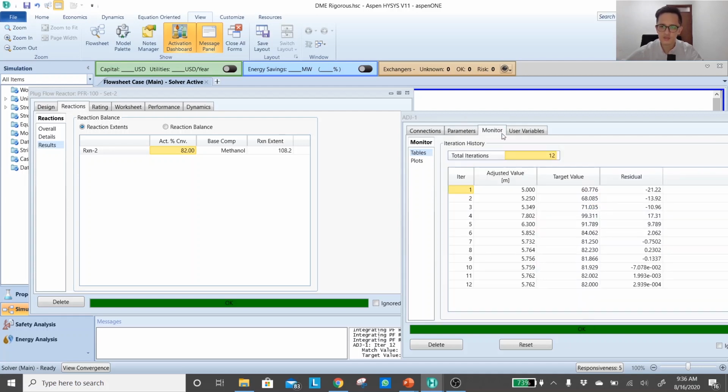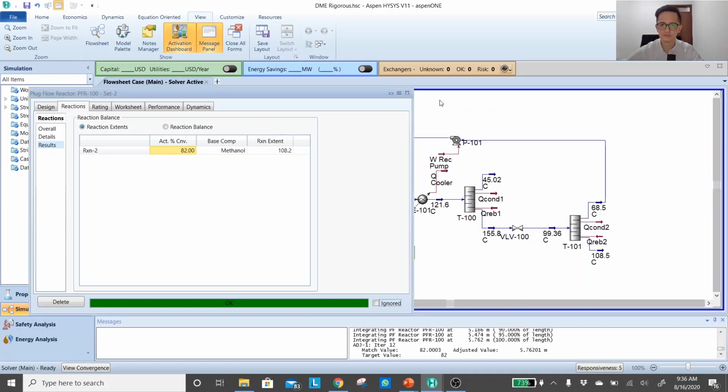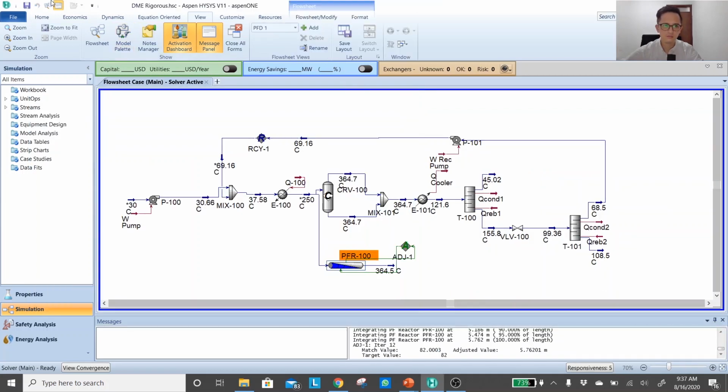You can check the monitor. Okay, so adjusted value, HYSYS requires 12 iterations to get into the final numbers. So from 5, which is 60%, now at the 12th iteration, HYSYS finds the final number. The length has to be 5.76 meter in order to get a conversion of 82%. You can save it,